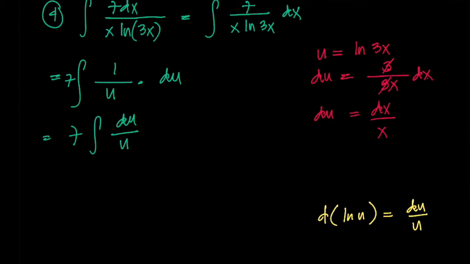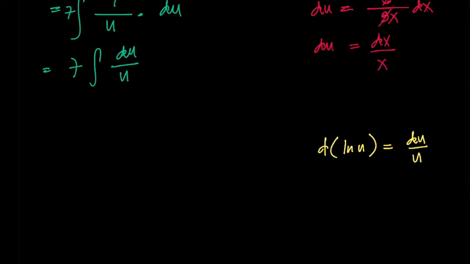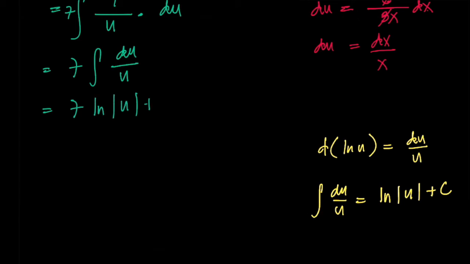And sa formulas naman ng integration, etong du over u, if you could recall, the integral of du over u is equal to the natural logarithm of u, or the absolute value of u, plus c. So, as simple as this, pwede natin itong i-simplify as 7 times the natural logarithm of u